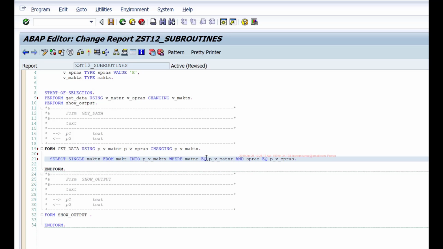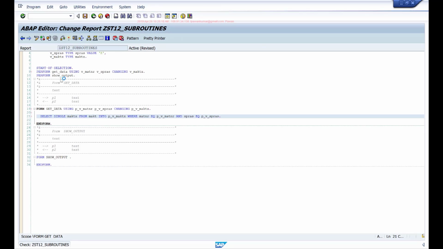Here in the subroutine, I am not directly using these global variables. I've defined these formal parameters and I'm using these formal parameters. Let's see in debug mode.